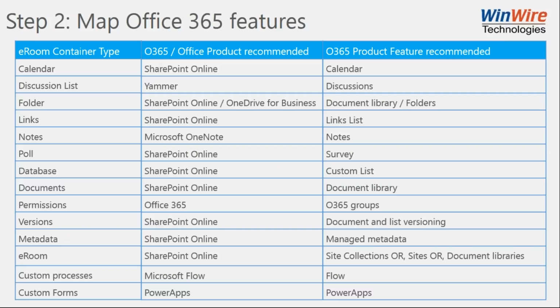Then we have the custom processes. Let's say if there are any custom processes, the recent way to think is to use a flow, right? Use Microsoft Flow and create a new flow, integrate with any other system, and create that custom process. And if there are any forms, we think about Power Apps so that we can easily do mobile enablement, right? So this is just a high-level features mapping. We do it,